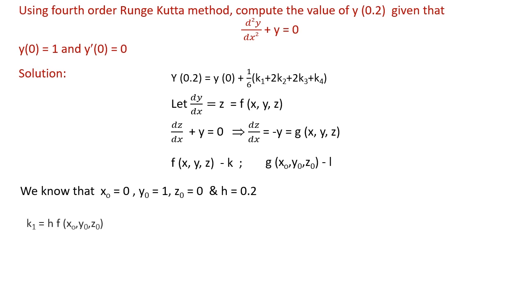Now first we calculate the value of k1, which can be computed as h into f of x0, y0, z0, and putting the initial values of x, y and z, we get the value equal to 0. Similarly, we can calculate the value of L1 using the function g, and the value turns out to be minus 0.2. Then we calculate the